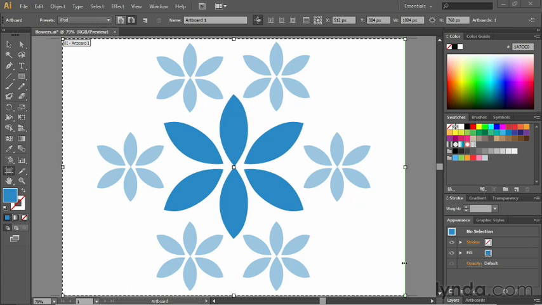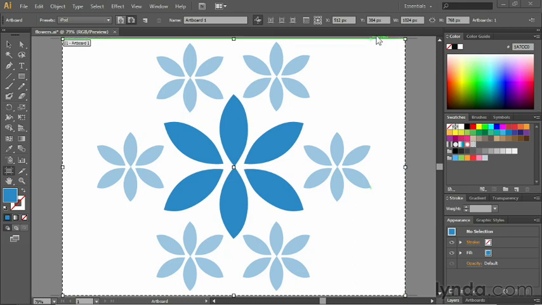In this movie, I'll show you how to tweak the environment inside of Illustrator so that it's more comfortable for you, and I'll also walk you through saving that environment so that you can get back to it anytime you need to. By default, Illustrator ships with several different workspaces based on different tasks that you might be performing while